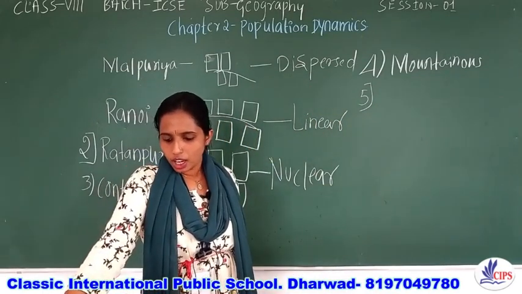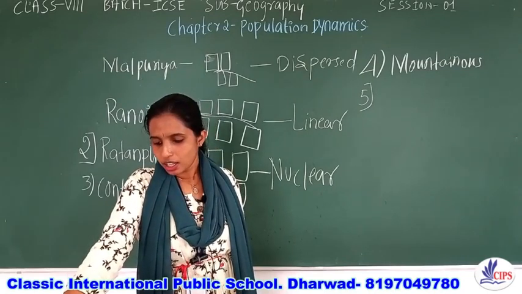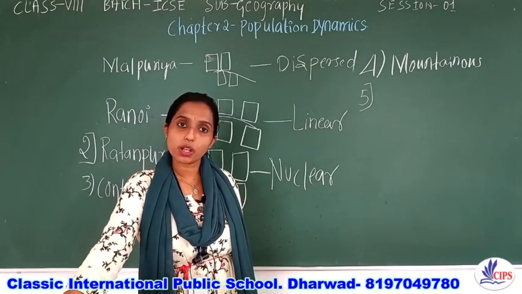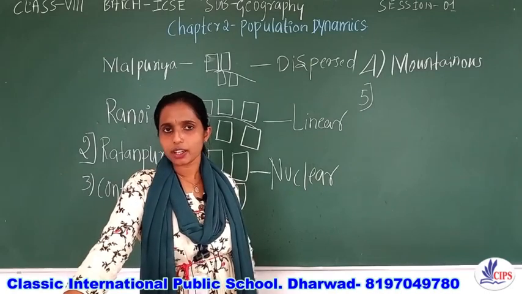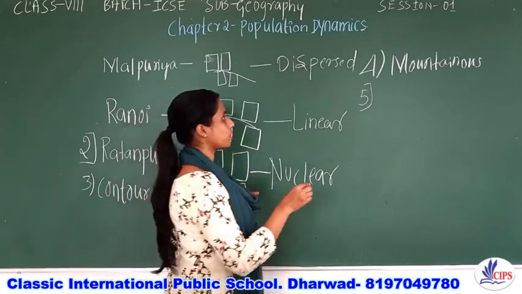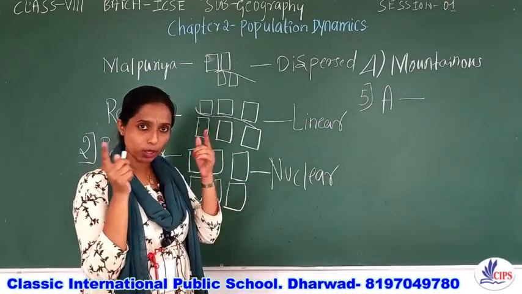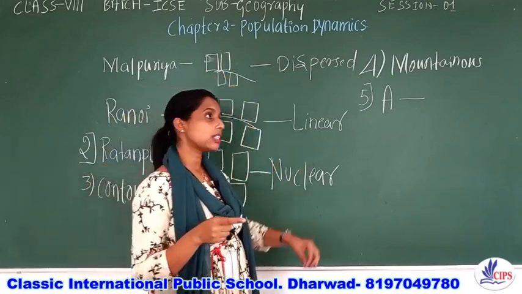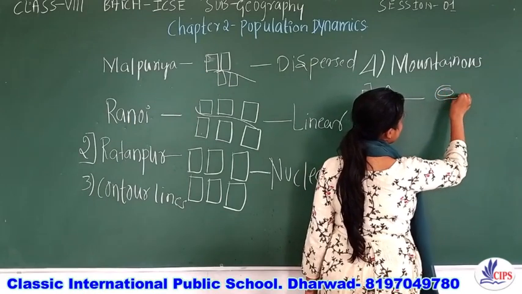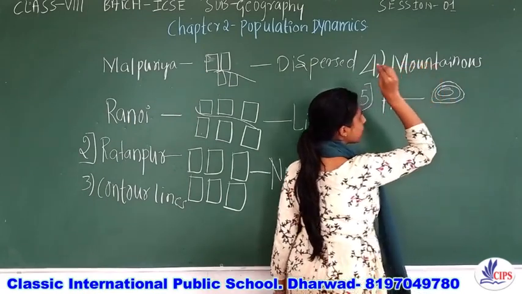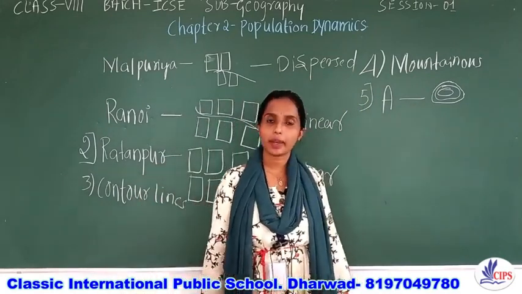See, how are the contours of square A and square B different from each other? Observe the contour in square A. Contour in square A is very close to each other, particularly the summit point, particularly the middle point. At this point, the contours are very close to each other. This is square A.